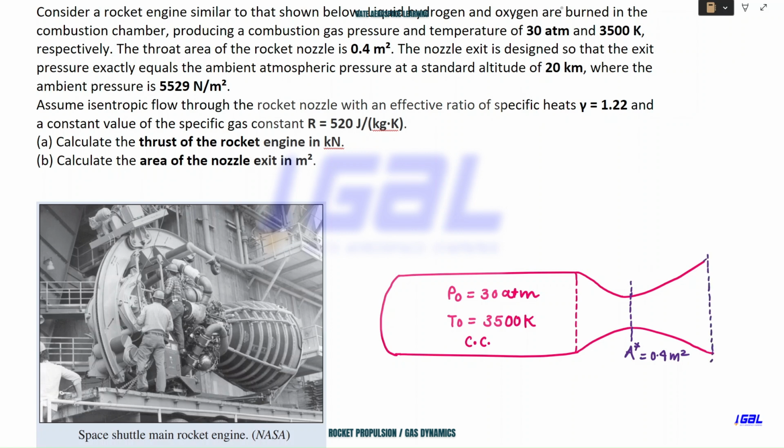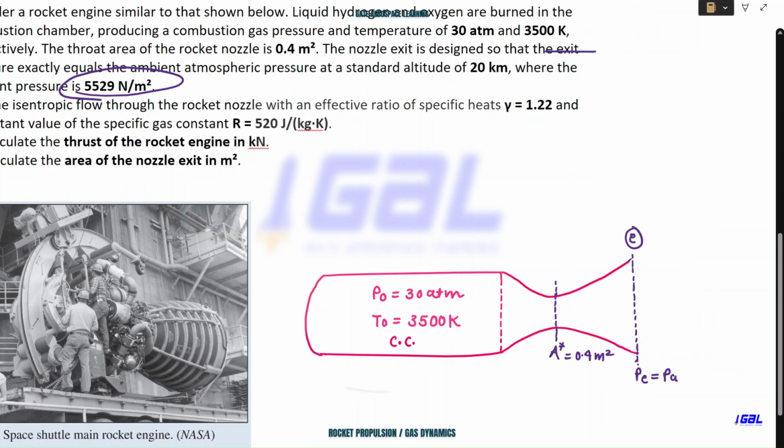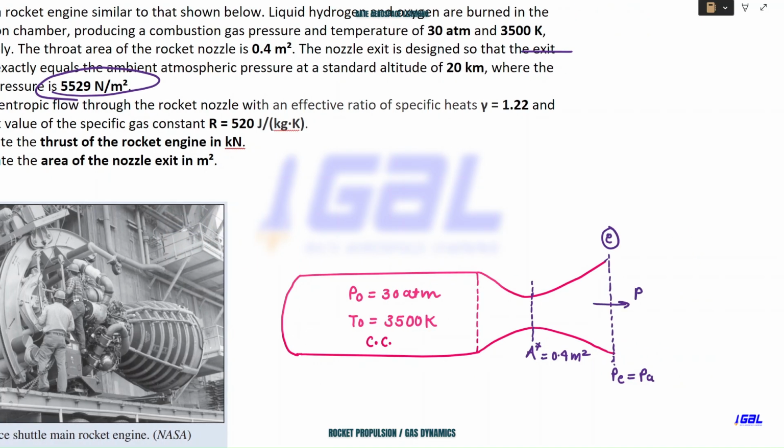Now they are saying that your exit pressure, let's say this is station E for exit, and PE is exactly equal to PA. That's what the question is saying, right? In the question we have pressure equilibrium, the exit pressure exactly equals the ambient atmospheric pressure, and the atmospheric pressure they have already given, so let me write this as PA at a 20 kilometer